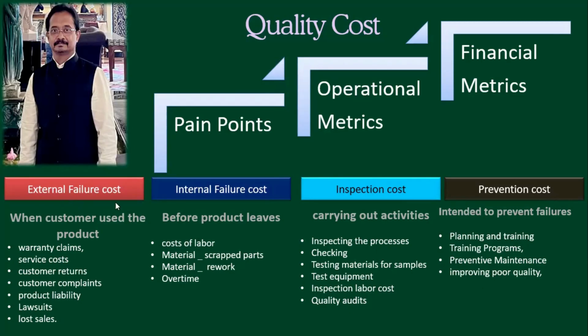See, for example, external failure cost. What does it mean? Whenever I get a claim denied, it's not paid. That is my external failure, right? What I need to do is rework, check what happened to my claim. For example, they're asking for additional documentation. Everything is your external failure cost.